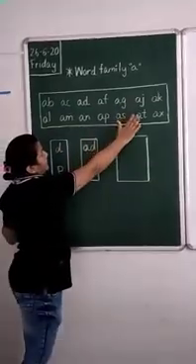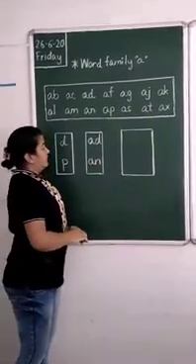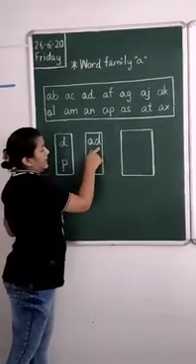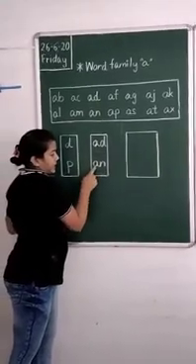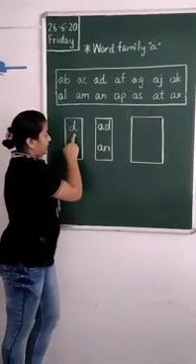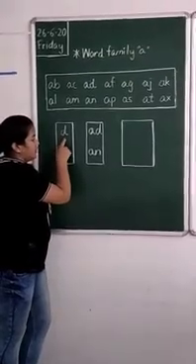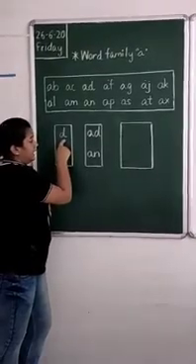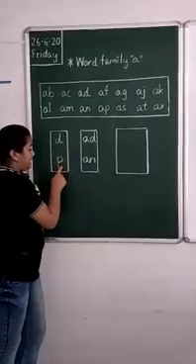So these are the family members of A. This is the family of A. What will we do? See, we have studied this. A, D, add. This is the family of add. A, N, and. Now can you tell me, is this a vowel or a consonant? Yes, this is a consonant. And this is also a consonant. This is D. This is P. D says D. P says P.